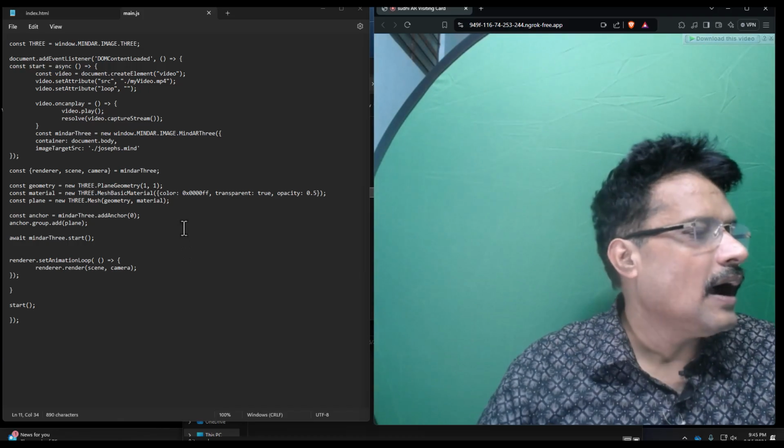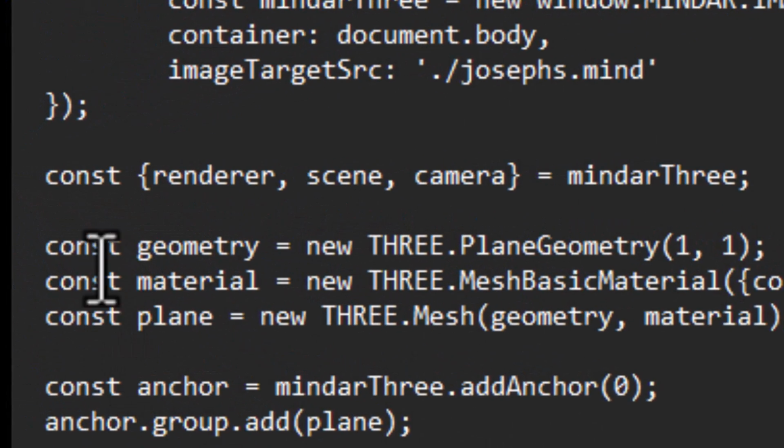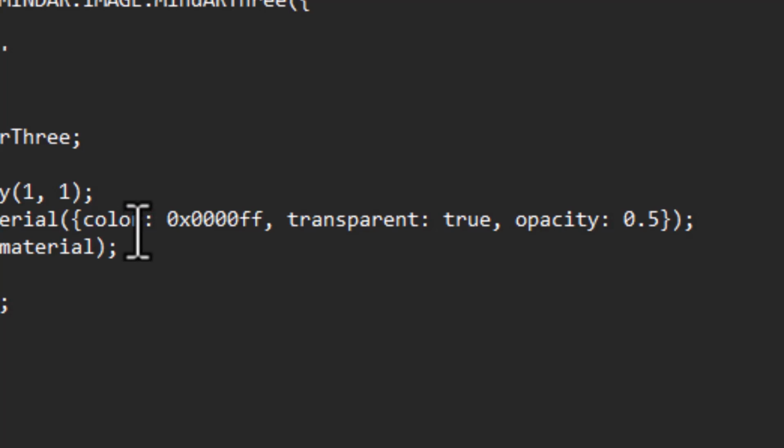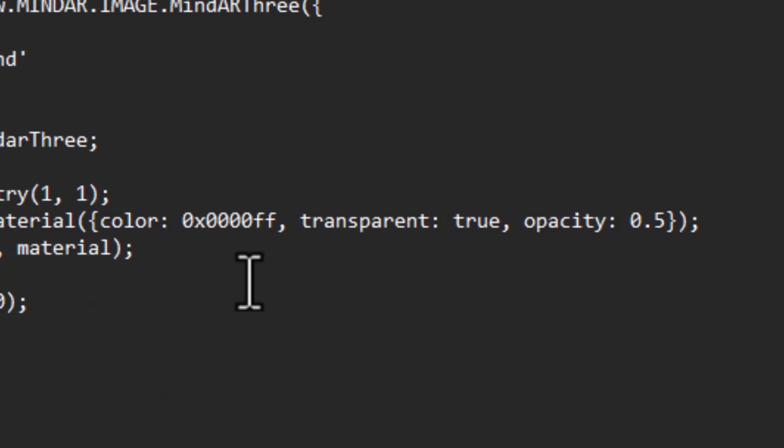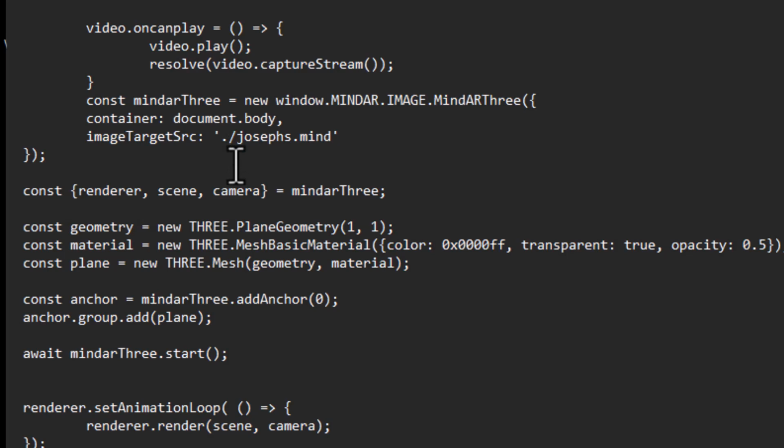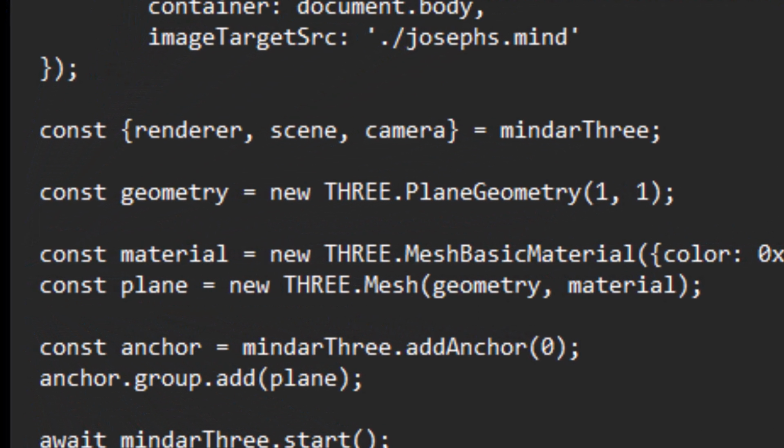So for this, I will come over to the material section. Here, constant material. We had created new THREE.MeshBasicMaterial and I had given it a color. Now I am not going to add a color here, but I am going to add a texture. But before I add the texture here, I have to create my texture. Texture has not been created. I will come above this constant material and I will create one more constant and I am going to call this videoTexture, where T is capital, and this will be equal to a new THREE component which is